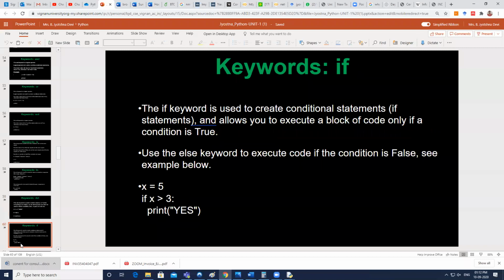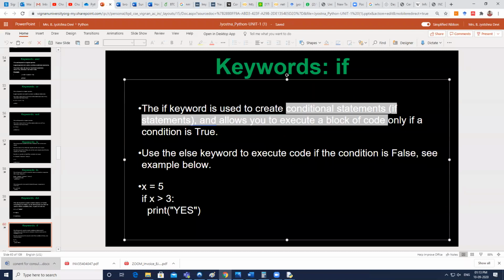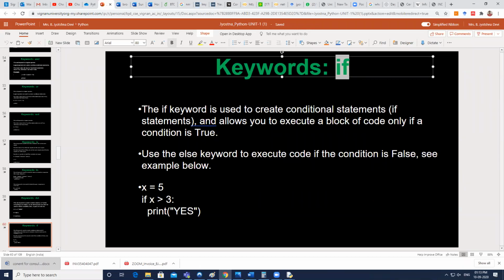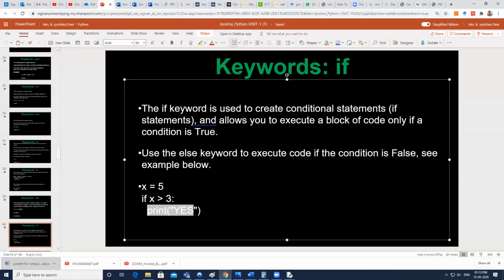Control structures can be of two types: the conditional control structures and the loop control structures. We'll discuss those details in the second unit. Of course, you know very well about conditional statements, right? Based on the condition, you want to alter the sequence of execution. For that, you can use the if keyword. If is a keyword used to check conditions, and if the condition is met, then you do this statement. And here is an example.